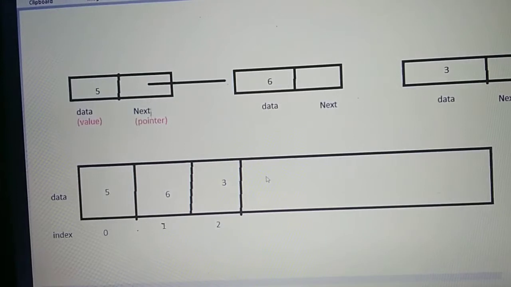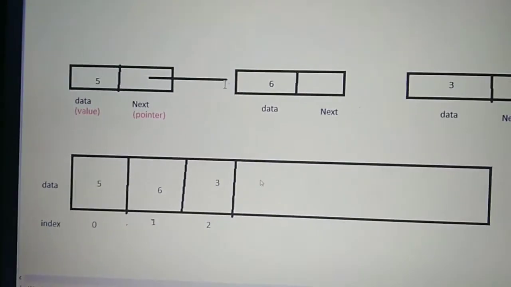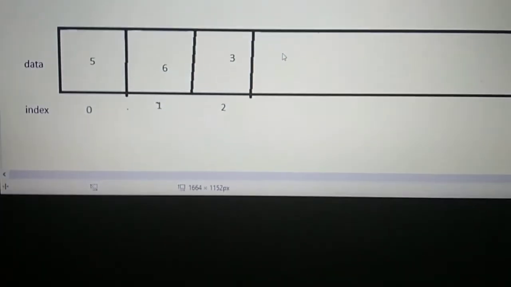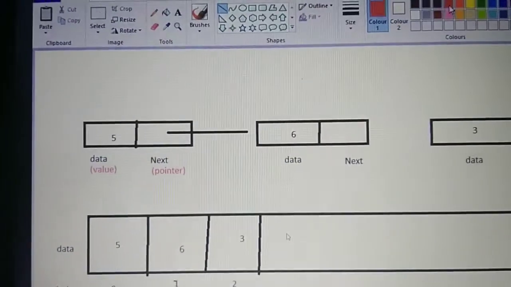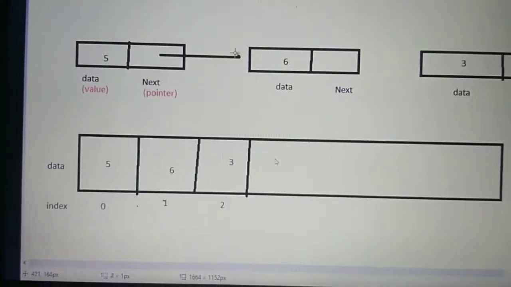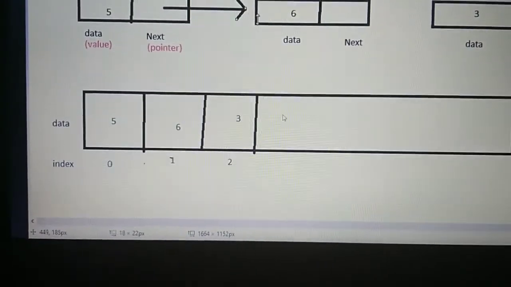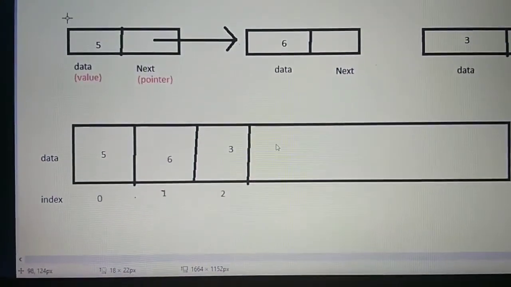The next property is a pointer that points to the next node in the linked list, which in this case is... okay. So if I had a property called